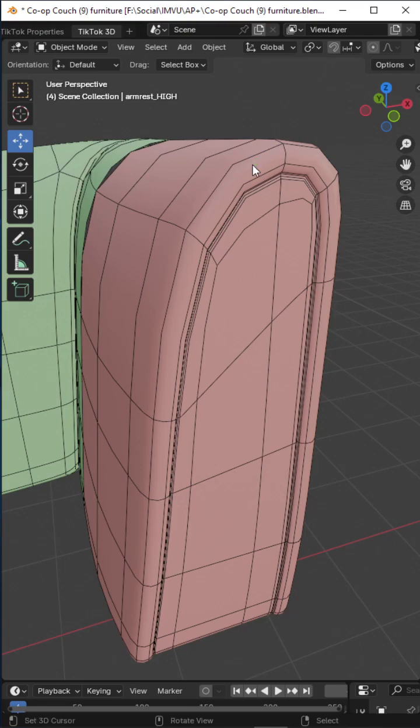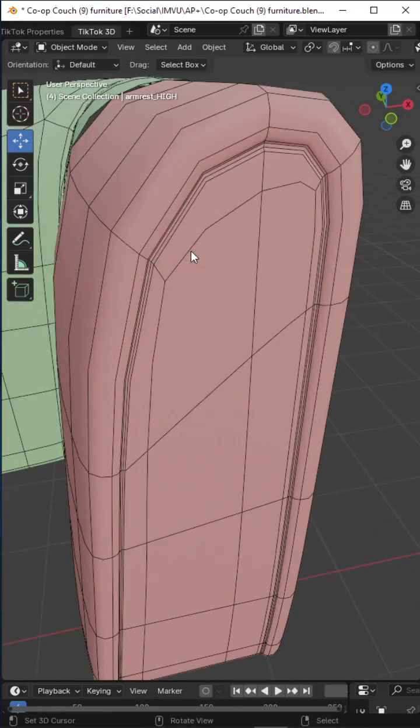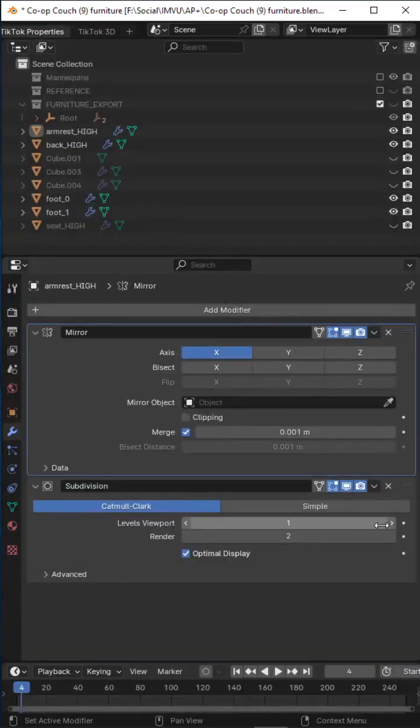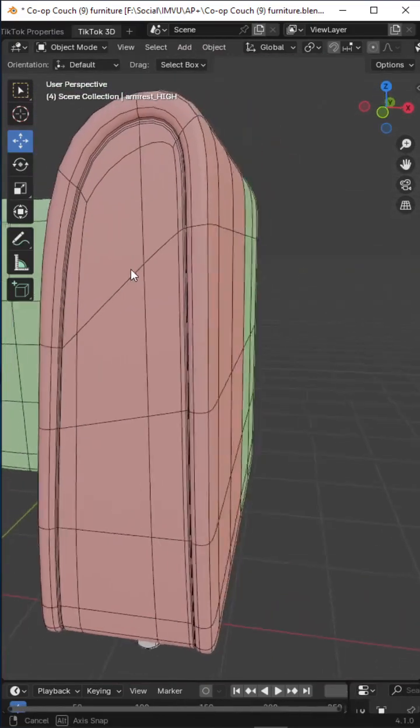Because we've got a lot of curves on this, we want to pay attention to this silhouette. We don't want this to be too faceted, because even with normal maps in place, it's not an issue so much as this curvature being faceted like this will be visible in game. So what we might need to do here is keep the subdivision levels relatively high,